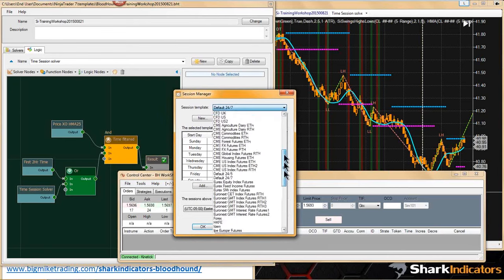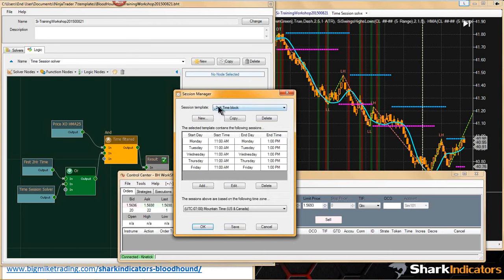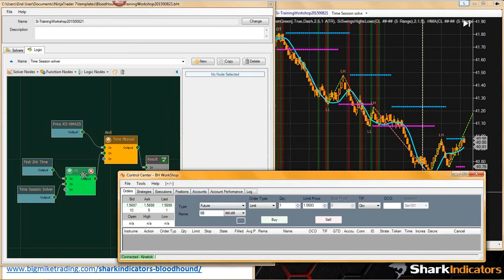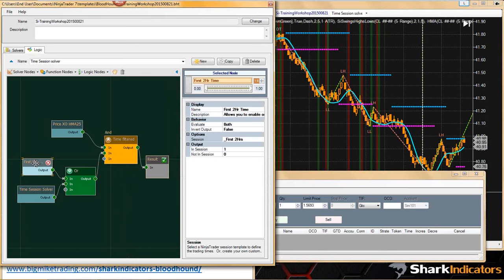If you have a custom session, there's no way to transfer this to another computer. You basically just have to take a screenshot of these settings, and then on the other computer rebuild the same session. You have to use the same name and use the same times, and then you could open up this BloodHound template on another computer,